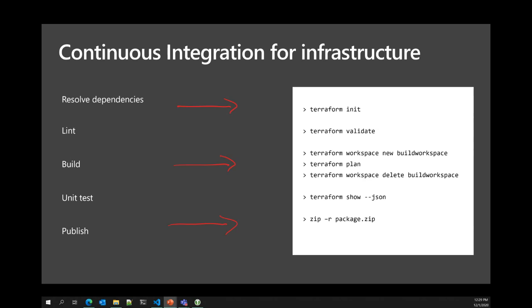So what we do at this point is we create our artifact. And what our artifact is, because again, it's not the plan that got generated. That build plan was simply a validation mechanism. It is not what we are going to deploy. What we're going to package up is the definition itself, and all of the dependencies that we downloaded in that Terraform Init phase.